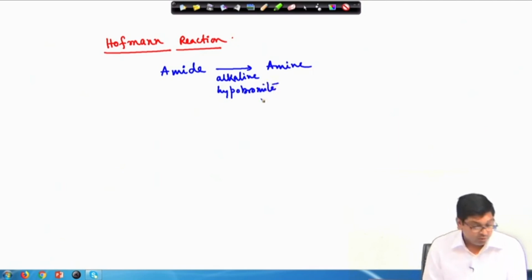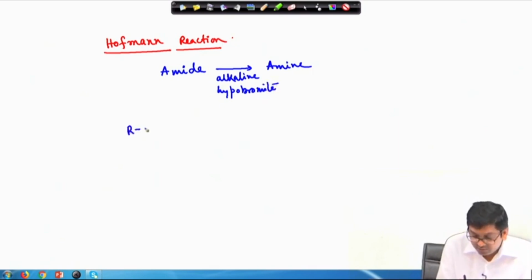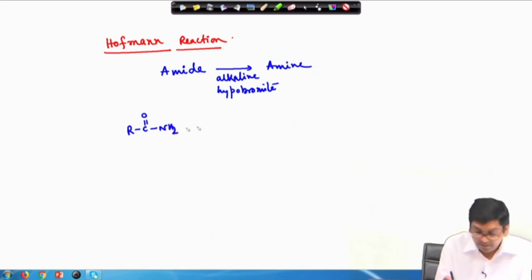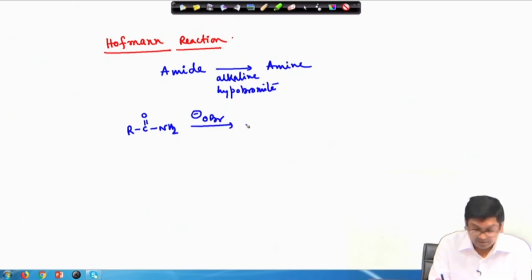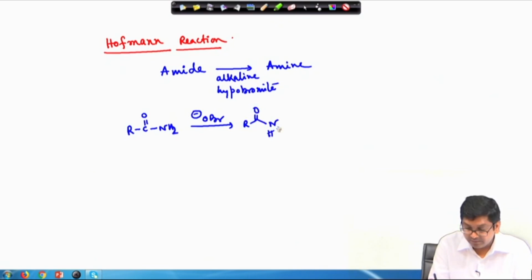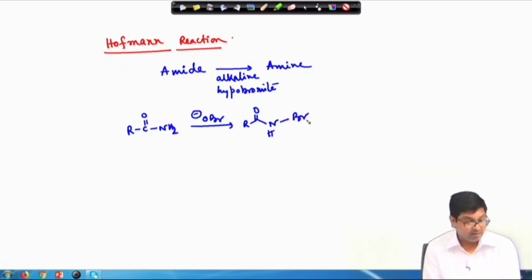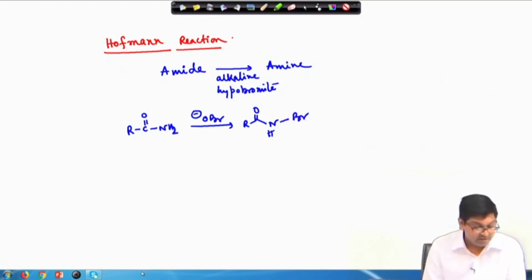So, if you start from the corresponding amide in presence of hypobromite, it will pick up one proton and then it will generate this intermediate,